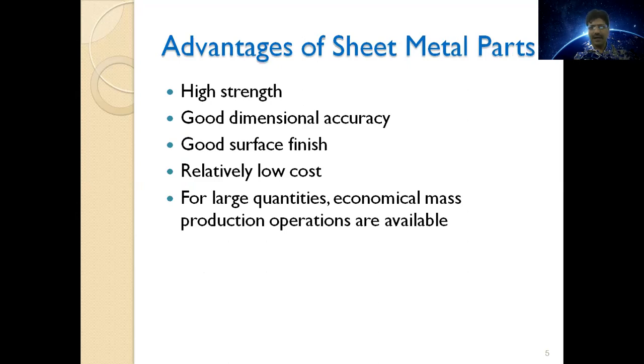Advantages of sheet metal parts: high strength, good dimensional accuracy, good surface finish, very low cost, and most of all, they can be worked very easily. As compared to other processes, sheet metal processes are very easy to work with, and sometimes we can even shape them with our own hands with a few basic tools, like we do in our workshop technology and manufacturing processes lab. We make our students make a tray. This tray is made from 24 gauge sheet that we can easily cut by a snip, and we can give it the shape of a tray.